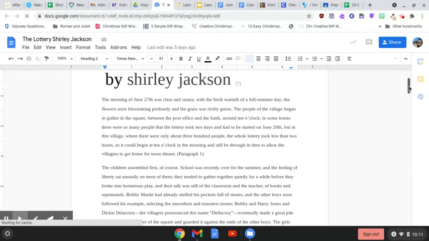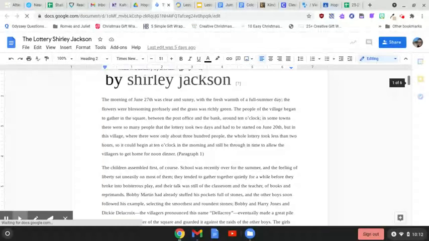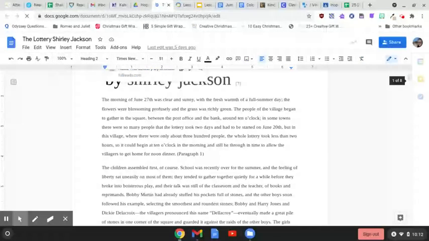The Lottery by Shirley Jackson. The morning of June 27th was clear and sunny, with the fresh warmth of a full summer day. The flowers were blossoming profusely, and the grass was richly green. The people of the village began to gather in the square, between the post office and the bank, around 10 o'clock. In some towns, there were so many people that the lottery took 2 days and had to be started